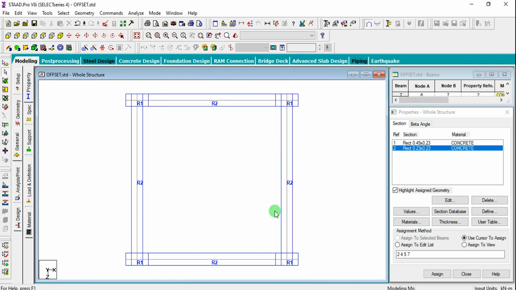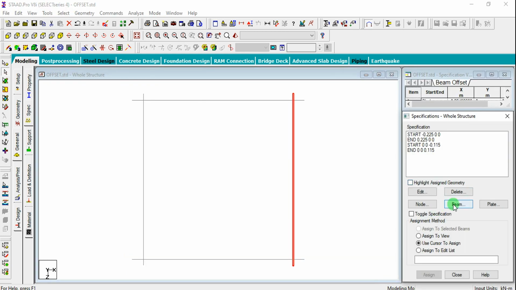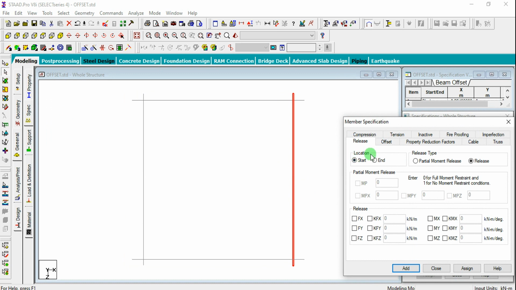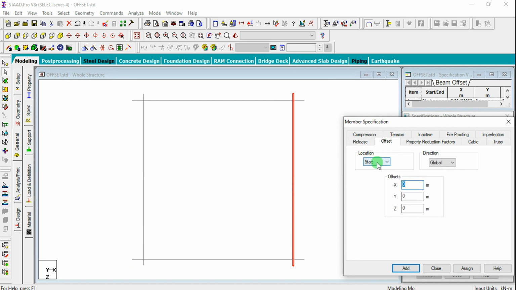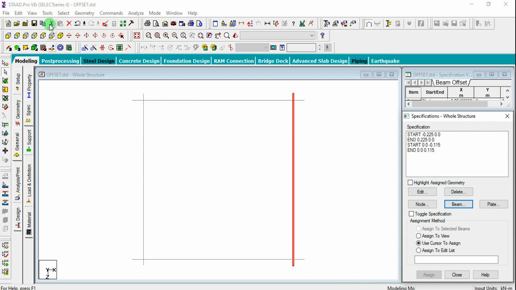Now select this beam. Since both the directions are traveling in opposite direction with respect to X, we need to select individually. So select this line, analytical member, and just go for the specifications and click on beam again. So you can go for offset and towards start in X direction. We knew that this is 0.45. Okay, column section was 0.45 and we need to assign the half of the distance.